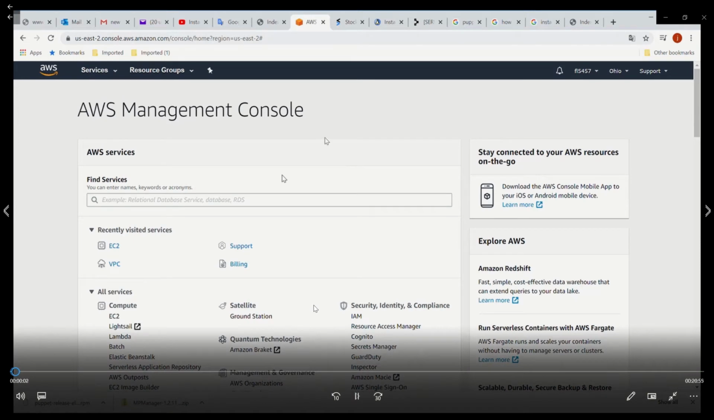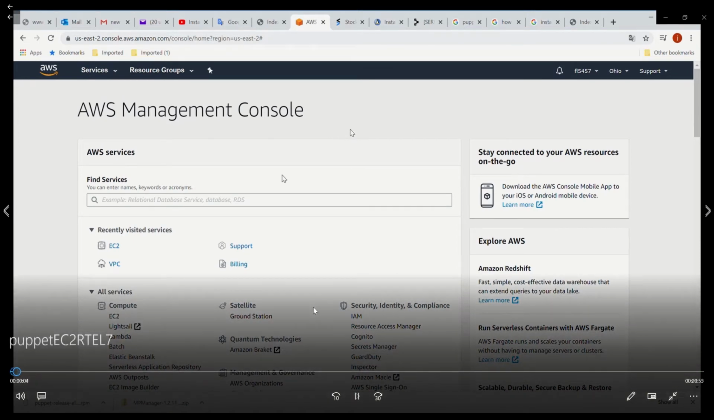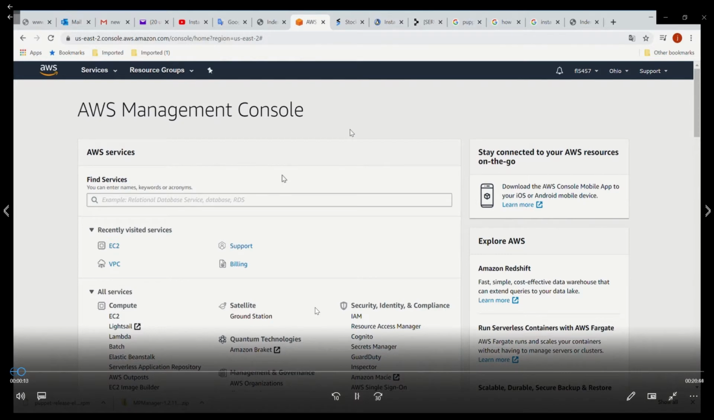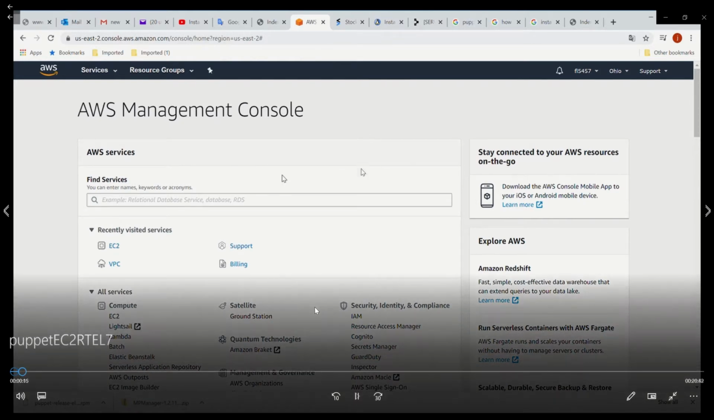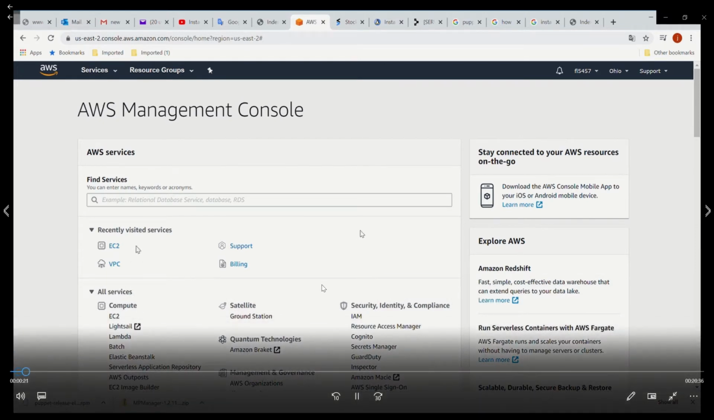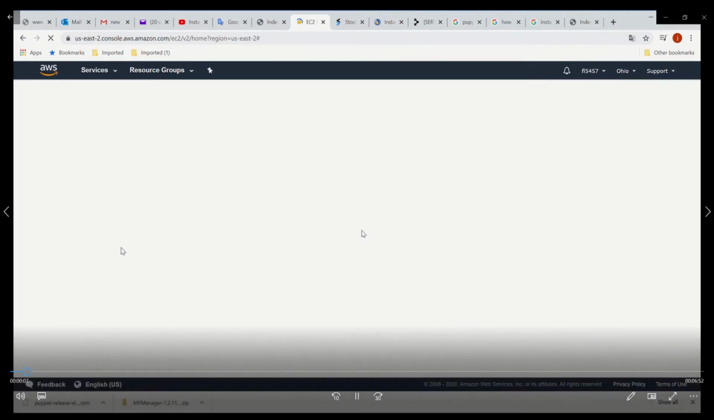Today I'm going to go through the procedure to install the Pipette on an AWS EC2 server. In order to do that, we have to create two new servers. One is for master, another one is for agent. Let's start. We click on the EC2